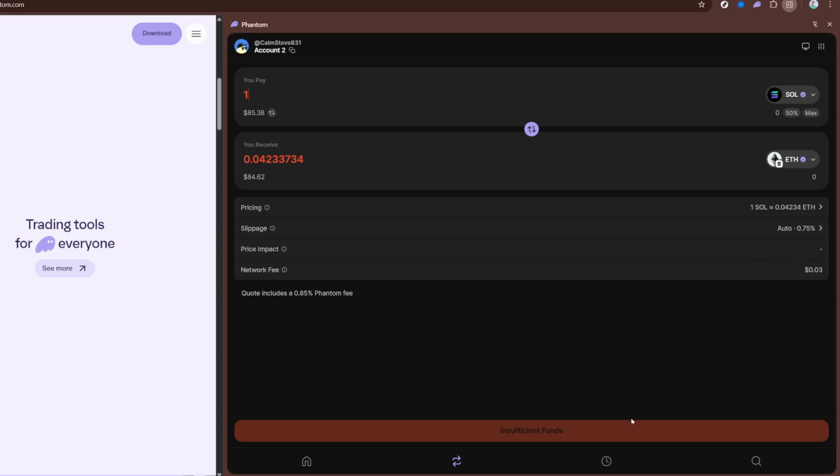Finally, click on the Confirm button to finalize your trade. After confirmation, the transaction will be processed. Depending on network conditions, this may take a few moments. You should see a notification confirming that your trade was successful once it is